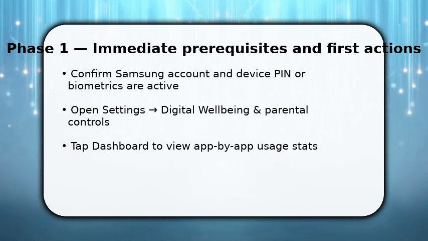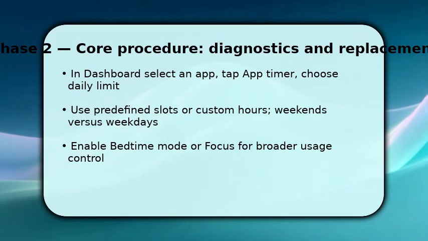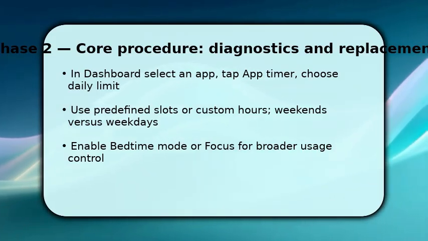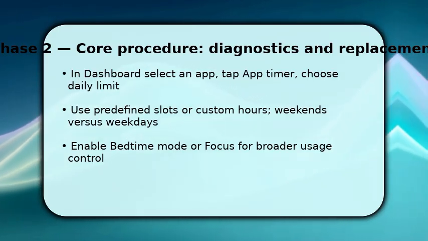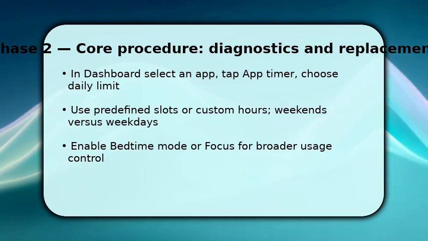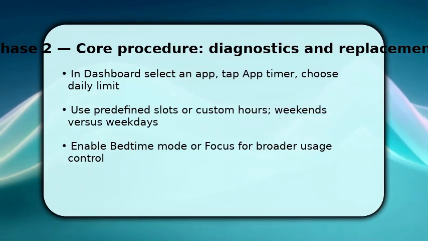You now pick an app in Dashboard and tap App Timer to set a daily limit. Choose from presets or enter a custom time like 1, 30 or 0.5 hours. Once done, repeat for other high-use apps and consider different limits for weekdays versus weekends so behavior matches